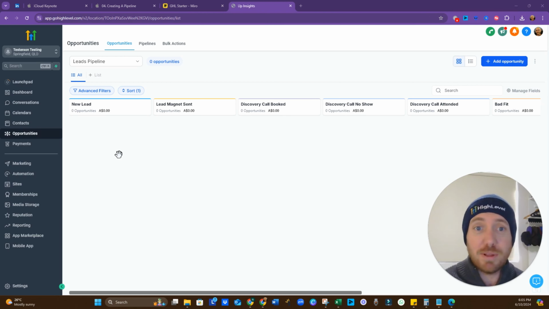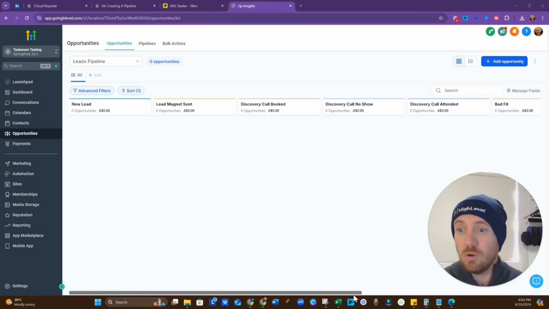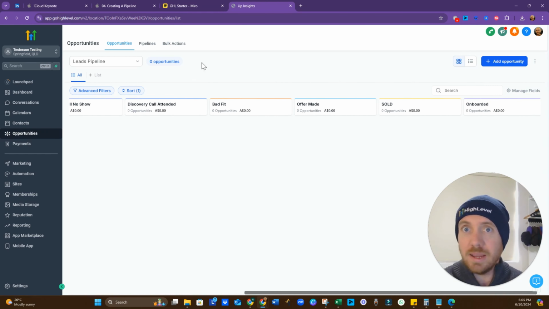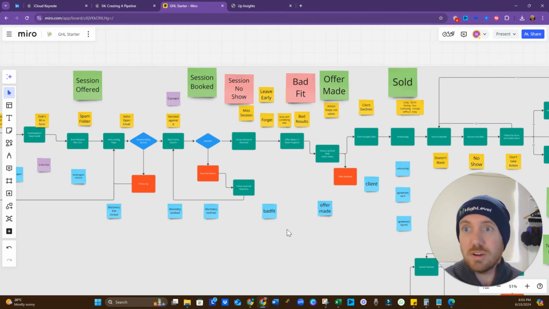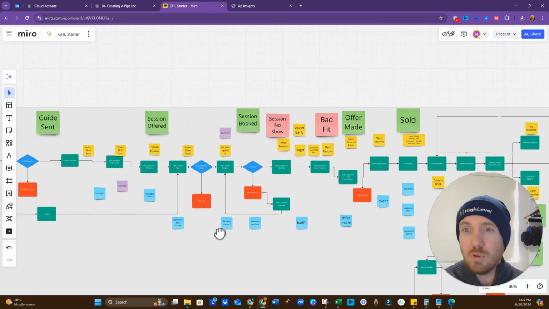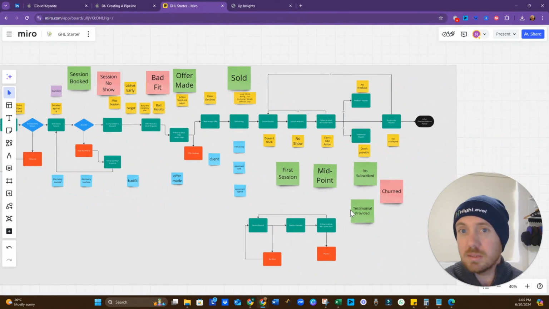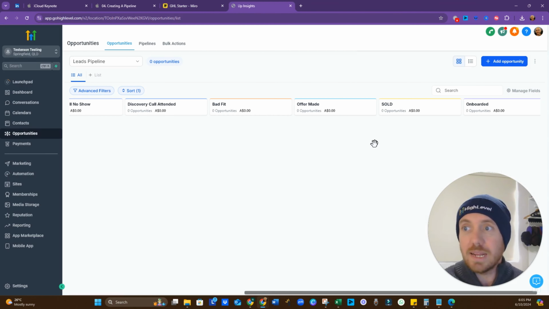Okay, and we can see that pipeline here. So we can see now, new lead, magnet sent, discovery call booked, no-show, attended. It's all in a nice straight line, and it aligns with this journey, even though there's a little bit more in there. So this has some other stuff down the bottom. This would be a secondary pipeline, but we'll look at that in a moment. But we can see all of that here. And if we go back to the dashboard,